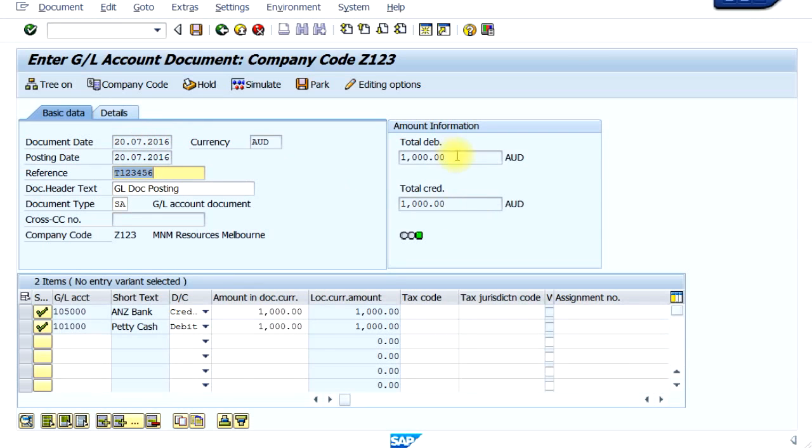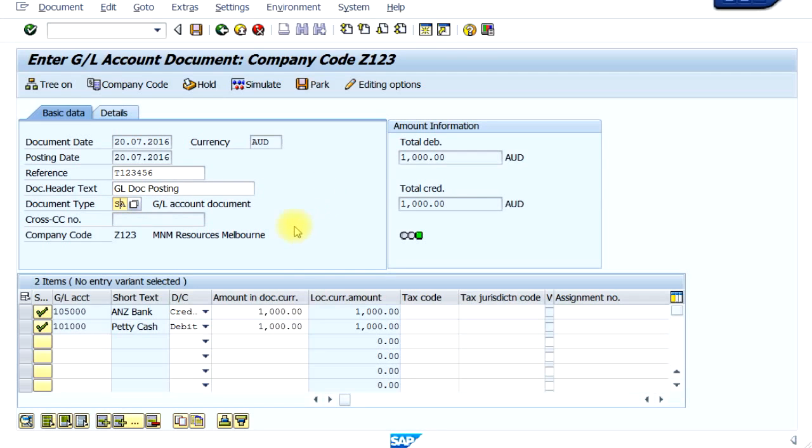Okay, now you can see the total debits are equal to total credits. So you have got a green icon. That means it's ready to go. And you can also see there are 2 ticks here, which means this document is ready to get posted. This is just a simple journal document posting between 2 GL accounts. You can see the document type is already displayed here. You can change the document type, but recommended not to. Just use the same document type, that is SA, given by SAP, a standard document type for GL account document